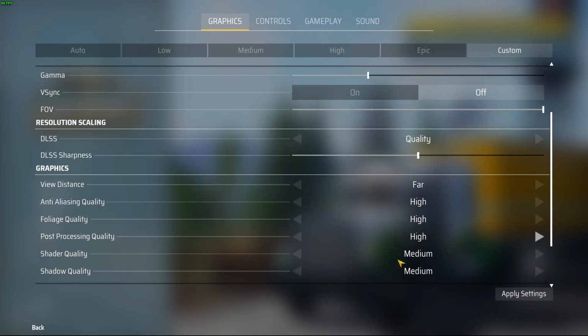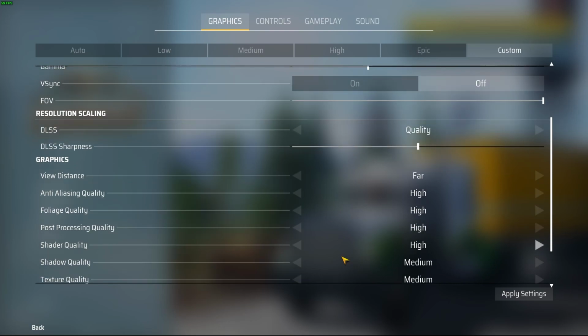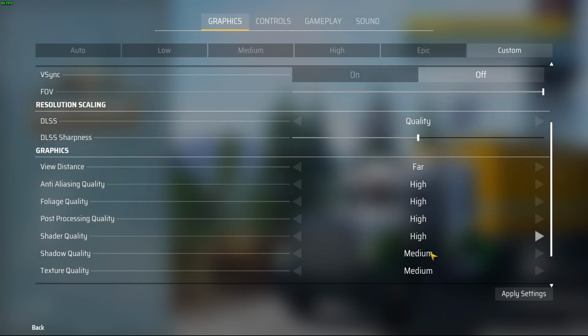Shader quality, same thing as the post-processing quality. Don't have to really go over that. I know I can run it on high, but I recommend start from medium and then adjust it to your liking from there. Shadow quality, same thing as the post-processing and shader. Start medium. Again, I know I can run it on high. I think I even run it on epic, but